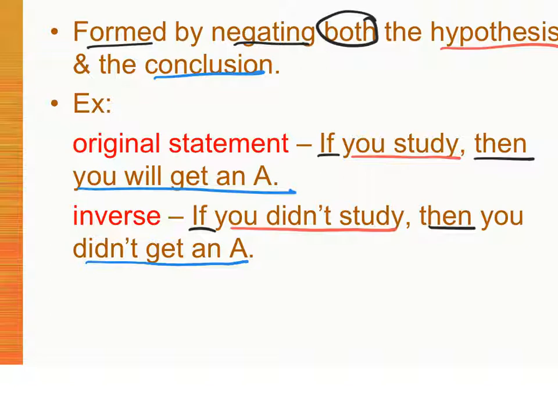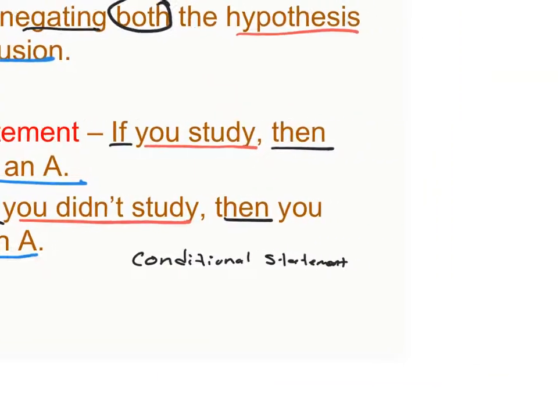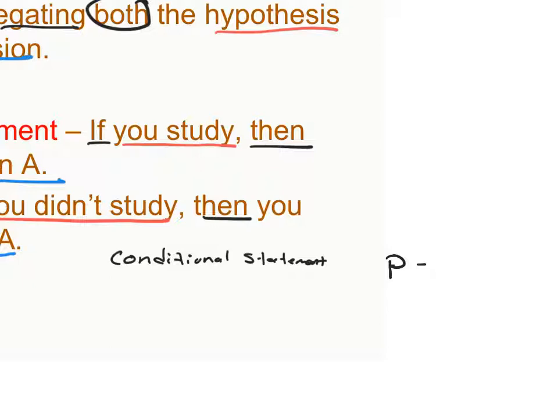So far, what we've got is our conditional statement, our original one, which looks like this: if P, then Q. Oh, we did converse next, I'm sorry. Hang on. Hold that thought, I forgot we did converse. Converse said to move the P and the Q around. It just says now do if Q, then P.